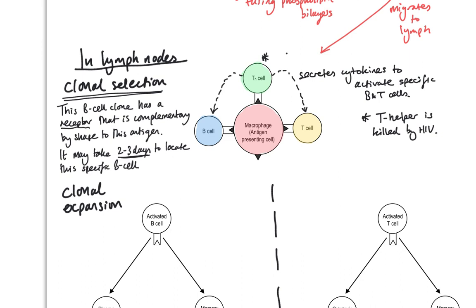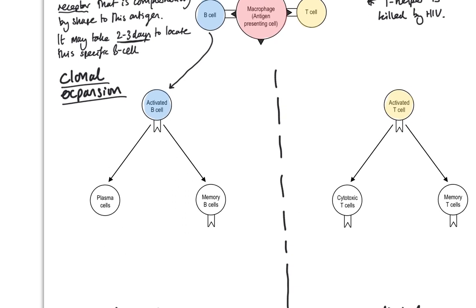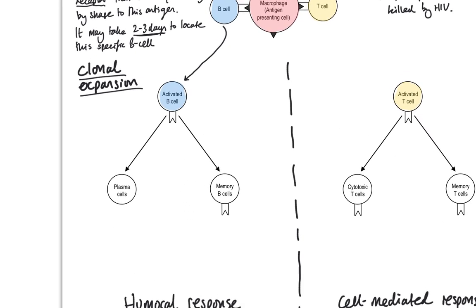Right, so let's do this side of the diagram first. So this B cell is now this activated B cell. So again, it's the same cell. Yeah, so I'm going to do it in blue again. And whilst I've got my pen going, this one over here is going to be the T cell. And it undergoes clonal expansion. So let's have a look at clonal expansion. This is when I talk about mitosis. So mitosis takes place,